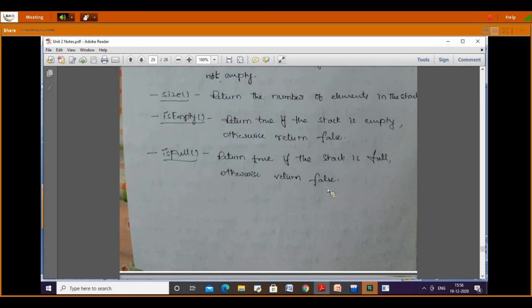Towers of Hanoi, do you remember? Does it come in the stack? Towers of Hanoi. Yes or no?